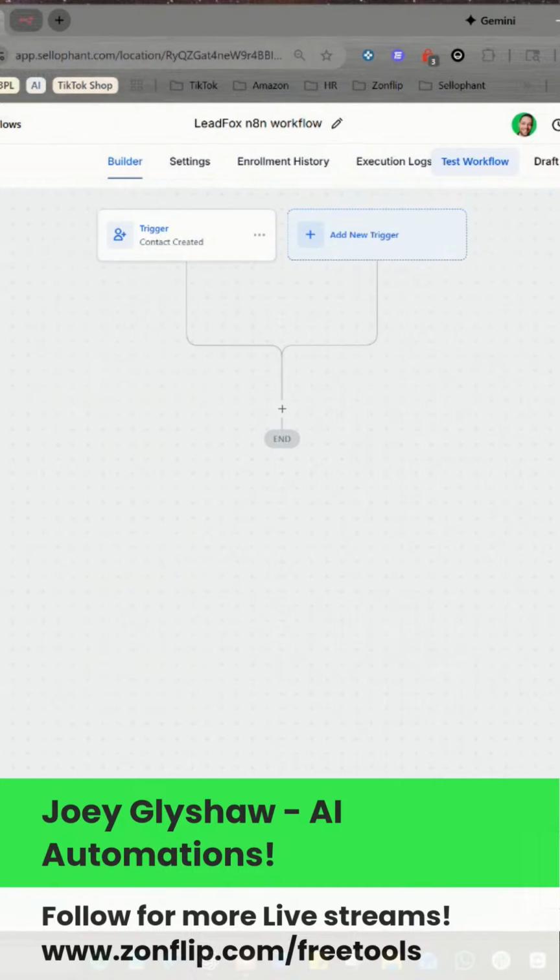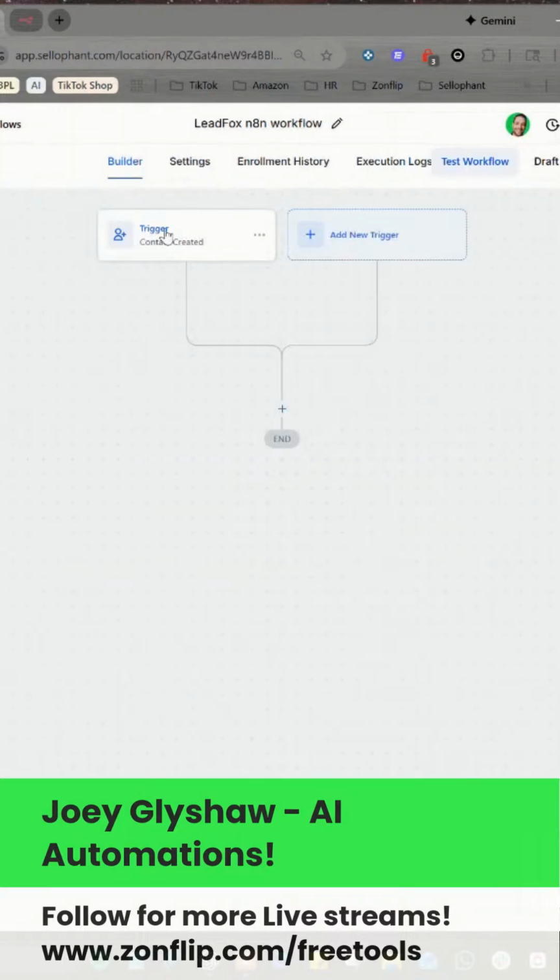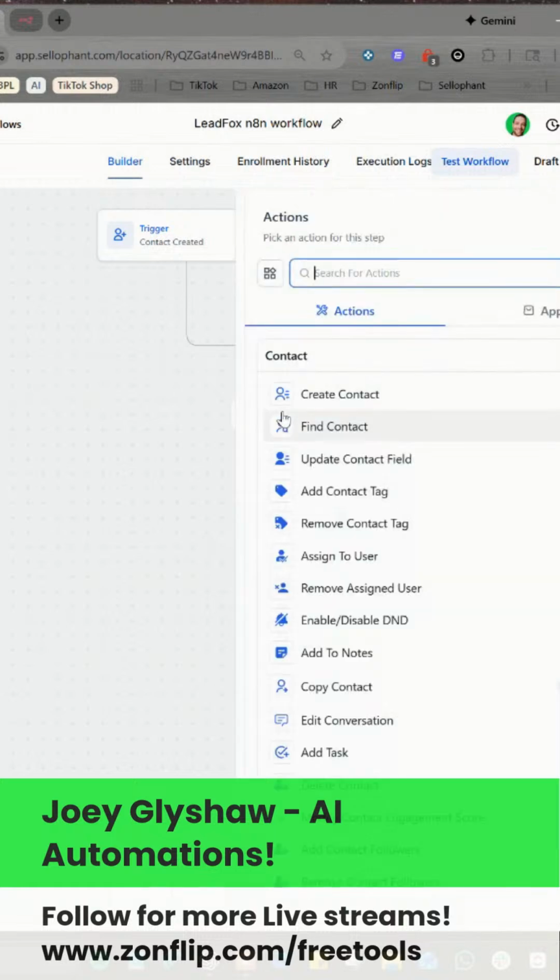I'm going to actually save this and we're going to go delete those contacts because we're going to test this later. Or we will in a minute. So when that contact's created and it has that tag, it will activate this workflow. So what do we want this to do? Right, so if it's added,